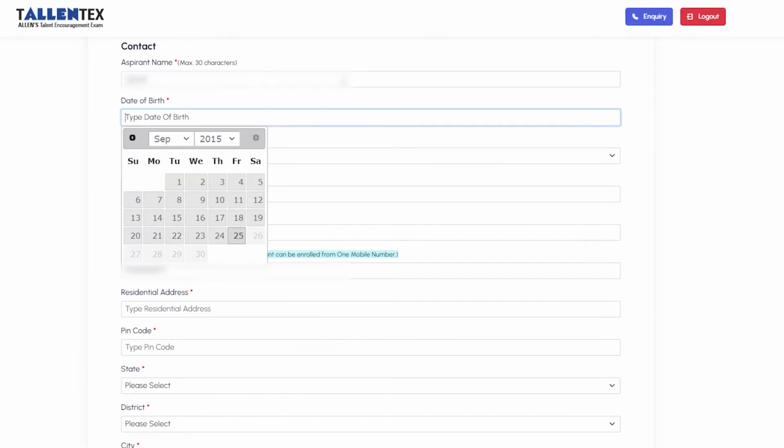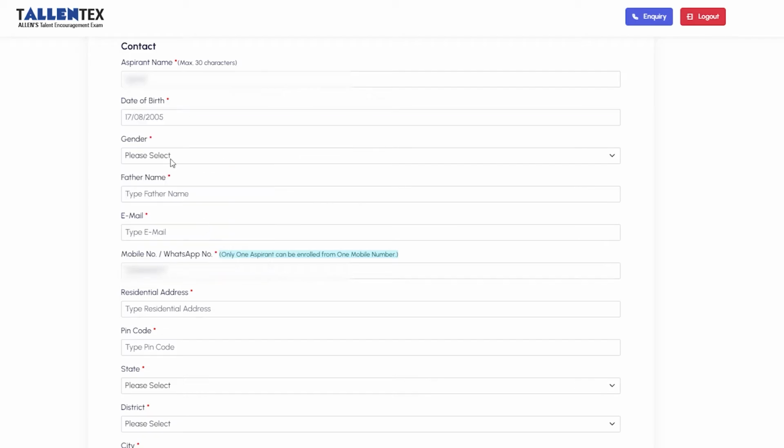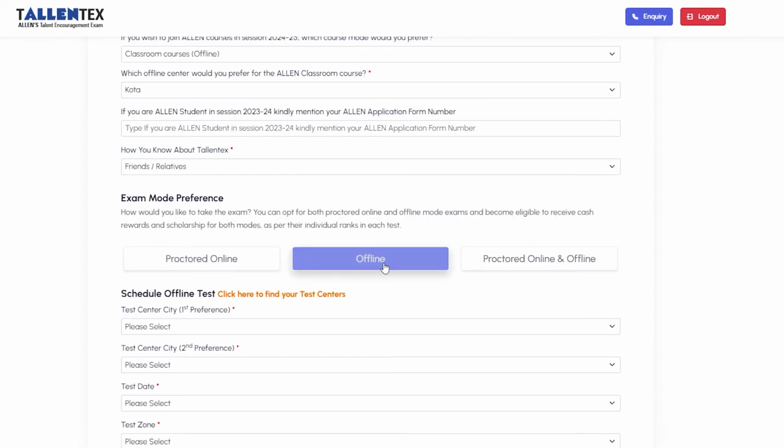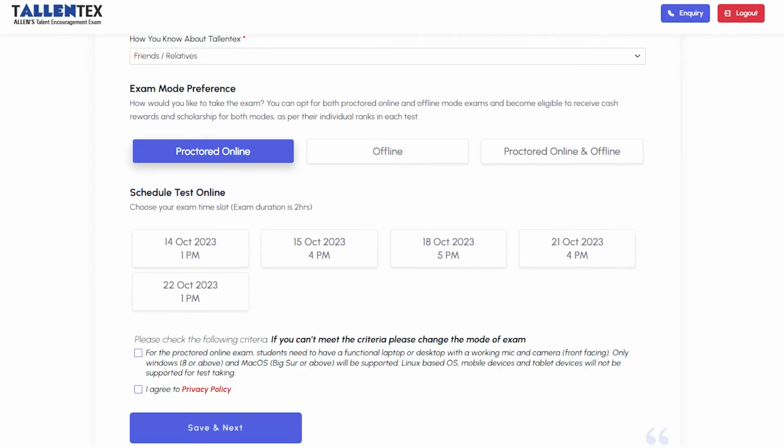aspirant name, father's name, gender, date of birth, present class, session 23-24, mobile number and email. Then select the Allen Classroom Center you prefer to study for the session 2024-25. After that, residential address, PIN code, state, district, city, location and school name and preferred mode of examination, online, offline